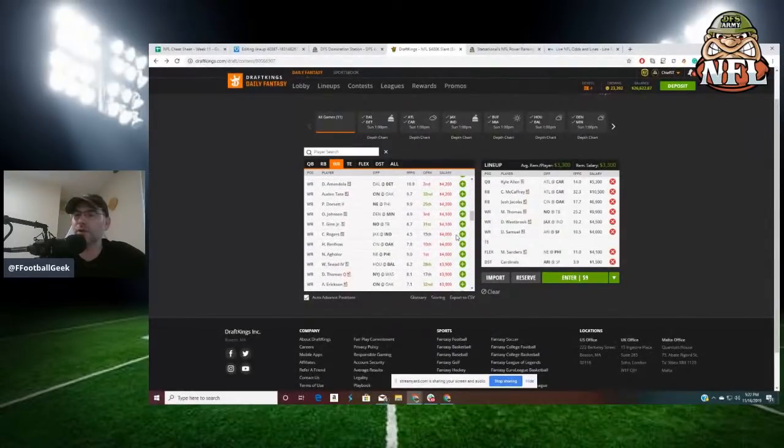Kendrick Bourne is the other guy. So they don't have Kittle. They don't have probably Emmanuel Sanders. Now, if Emmanuel Sanders plays, he plays. That's it. But no Emmanuel Sanders, no Kittle. You think Deebo Samuel and Kendrick Bourne will be the guys. It's not going to be Dante Pettis. Dante Pettis is questionable tag, and he fucking sucks. So Bourne